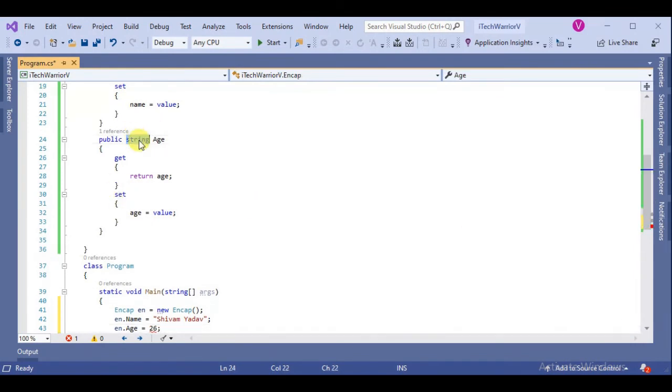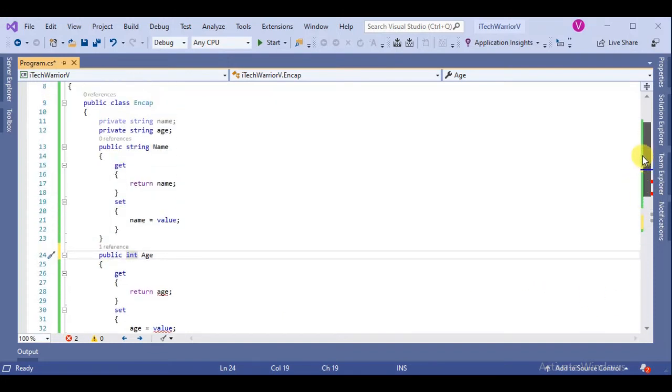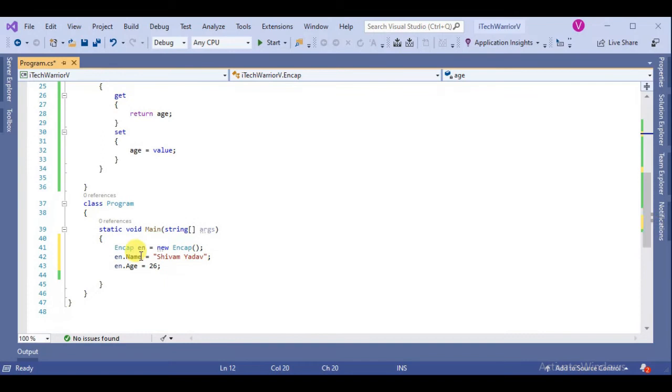So when we declare int here, the error is not showing.